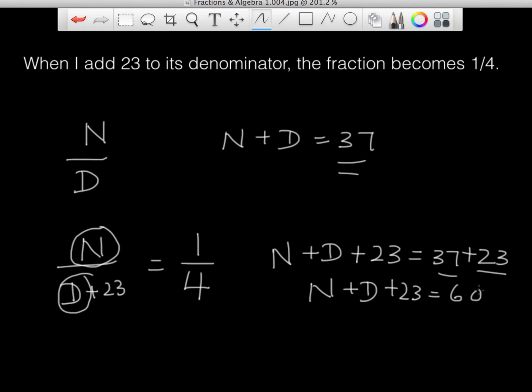If you work it out, this will give you 60. That means now if you take the numerator plus the denominator plus 23, you will get 60 parts, which